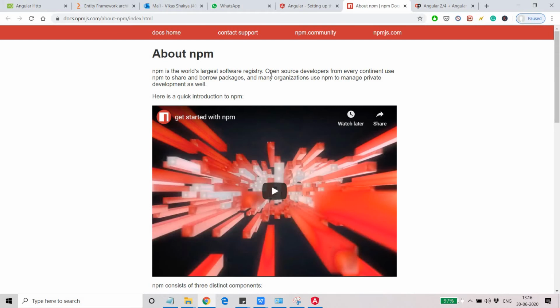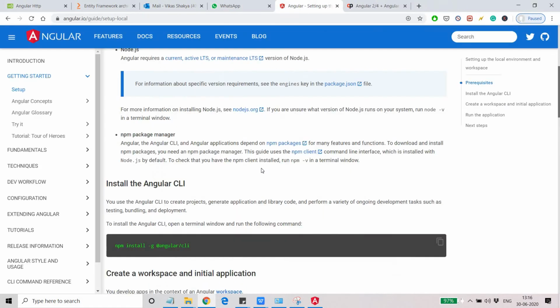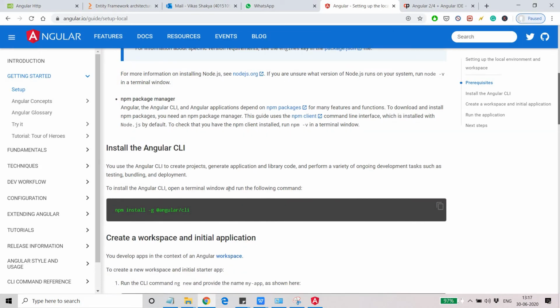You can create your own software and push it to the npm registry, and anyone else can use that. So basically npm is an open registry of software where people put their software, and where people get the software as and when needed. This Angular CLI we have got from there only.